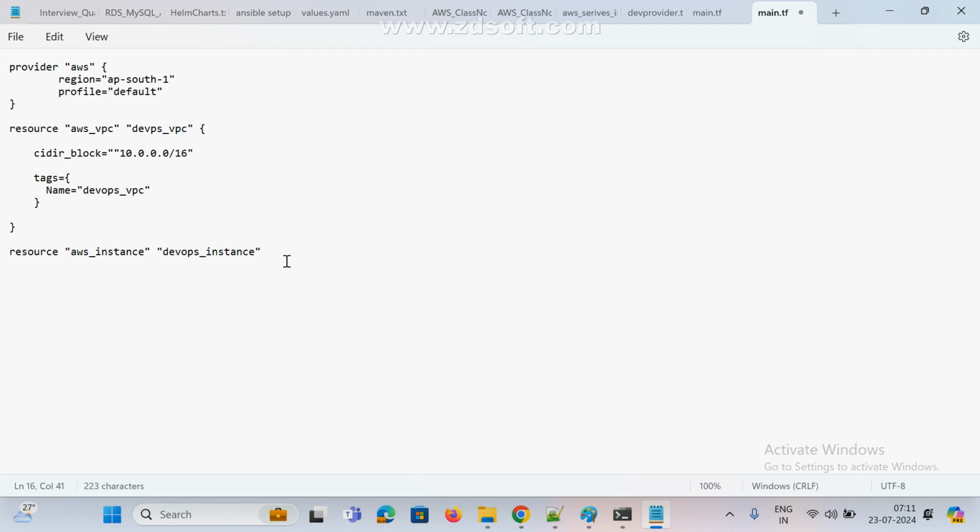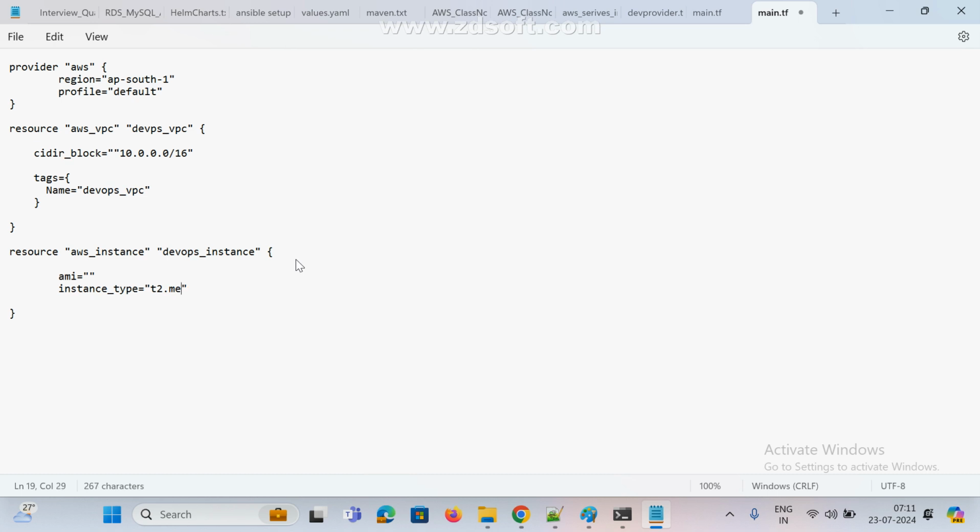Here I'm giving some name, devops_instance. Here, at least we need the AMI and instance_type. So here t2.medium or micro. Which one are we mostly using, free tier?